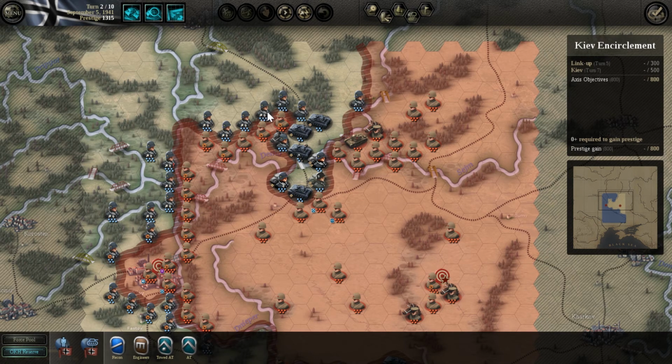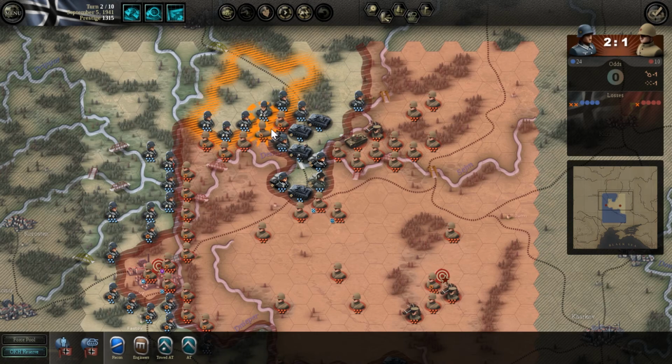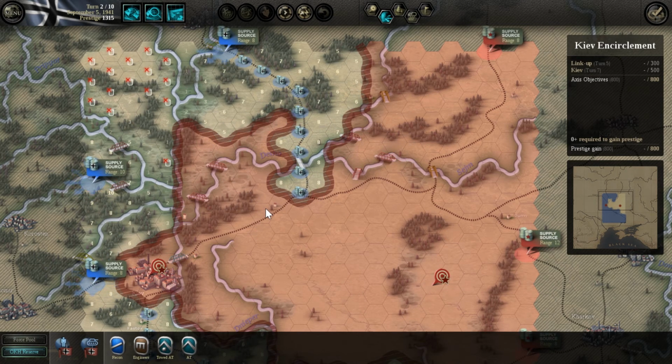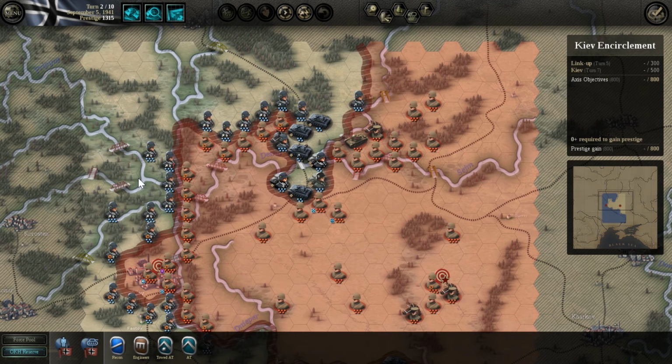Okay, so these infantry units that are here, they're not good odds for us, so we're not going to take the fight. We're meant to just kind of hold the ground at the moment. So now we have the issue of this unit being out of supply. We don't really want it to maintain that problem, so...